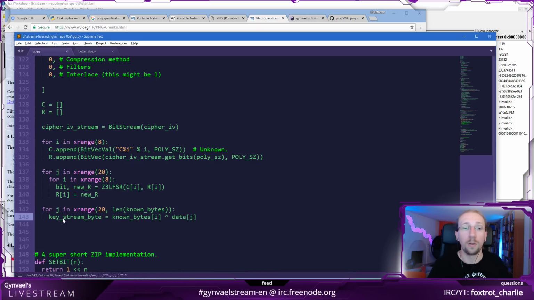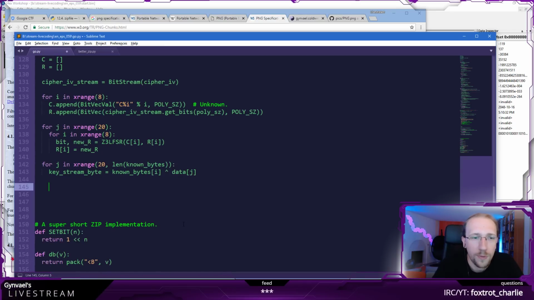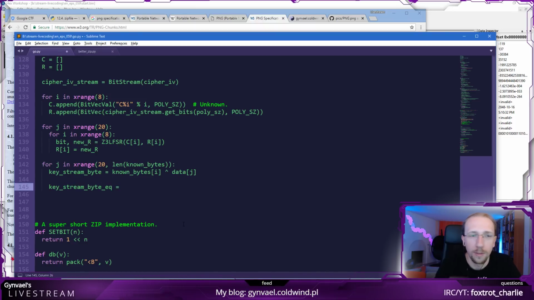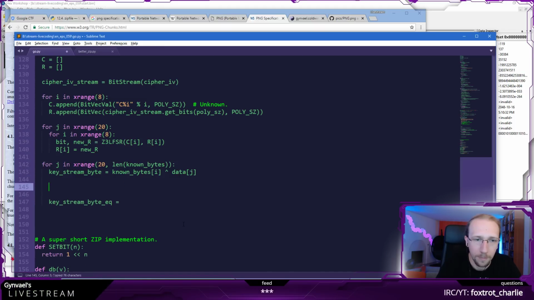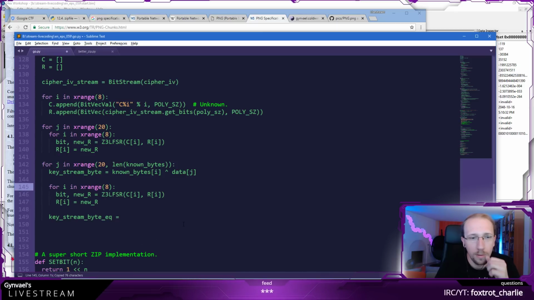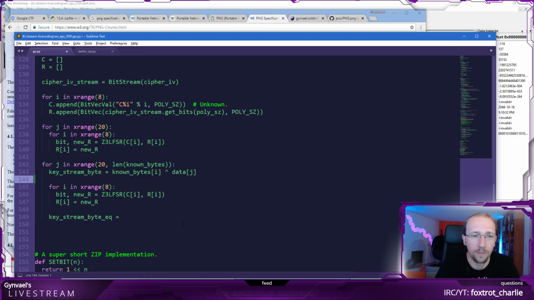Or the output of all the 8 registers. So the output, or the key stream byte from the equation, is going to be basically this. So I need to run all of them, and I need to store the bit this time.